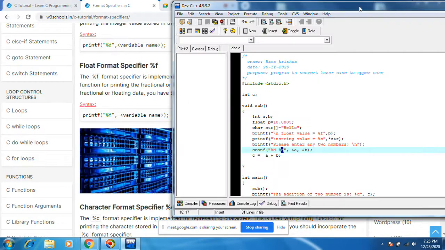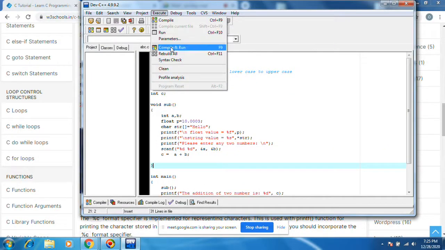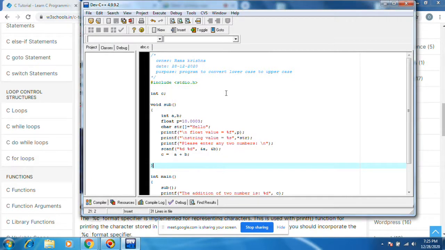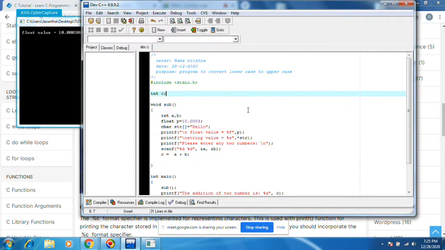Let's run this program. Let's see how it runs. Execute, compile and run. You see float value equals 300. Why is it coming?